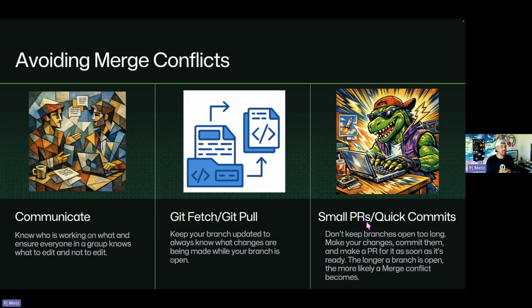You really don't want your branches to be open too long. The longer they're open, the more that can change underneath your branch. So if you imagine your branch coming off of main, while it's over here and open and you're working on it, other people on your team are doing PRs and merges, and all these changes are happening. So you don't want your branch open for months. That's asking for trouble. So make your changes, make your commit, make the PR, and bring it in. Nobody likes a 1,000-line PR. That's way too much.